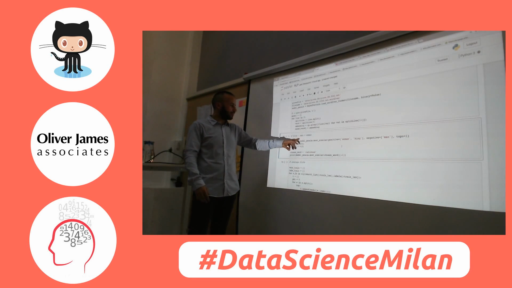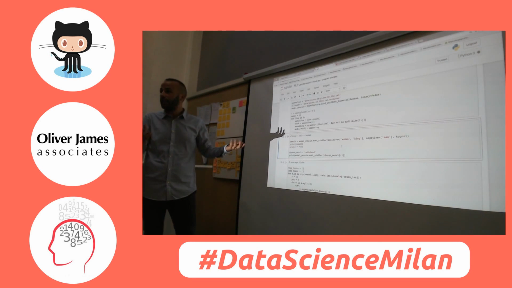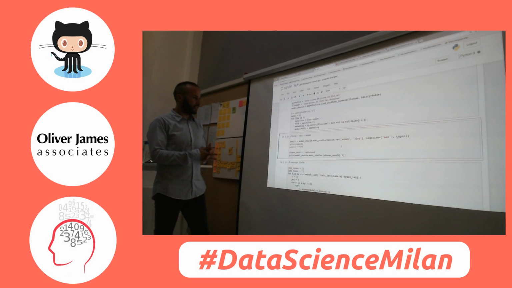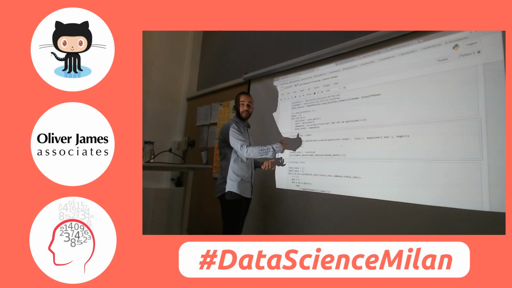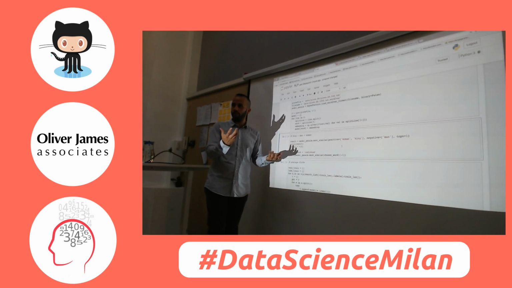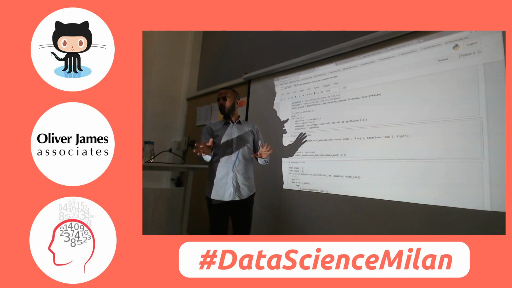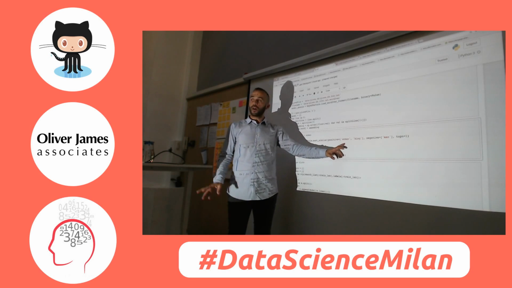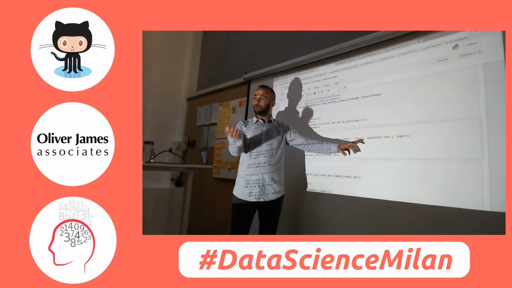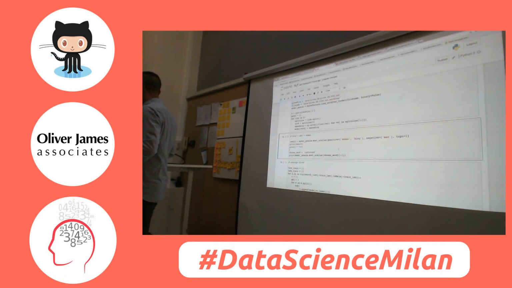I said that king minus man plus woman is equal to queen. But is that really what the network is going to give us? So what I'm asking the model is essentially this. Model Gensim is the model that I loaded. It's the global vector model. And I'm asking what's the most similar, and that's how you do analogies now. Let's not focus on the syntax, but what I'm saying is that my positive vectors are woman and king, and I'm subtracting man. What is going to be the result?